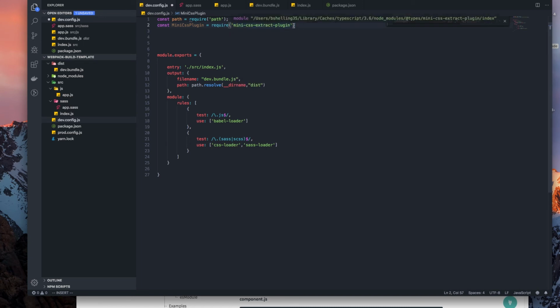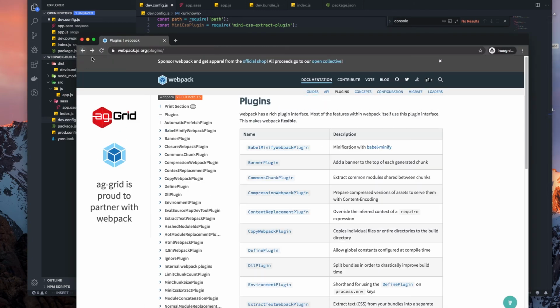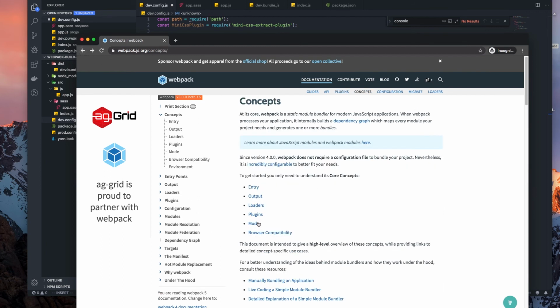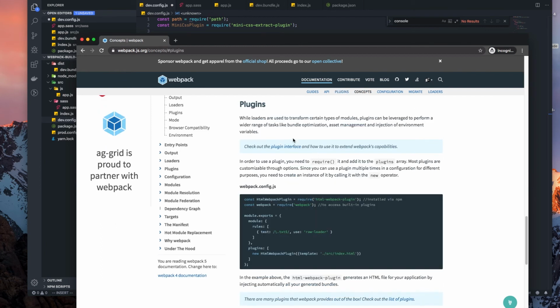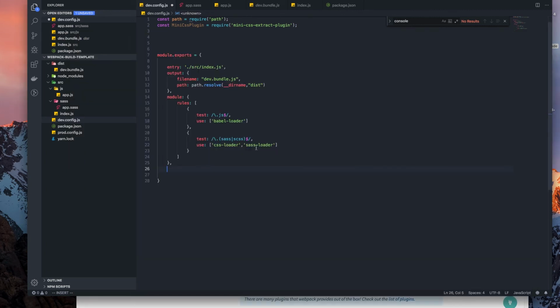All right. And then we have another section within our config, which is called plugins. And if you go into the concepts, it talks more about using plugins. And so what we have to do in that block,